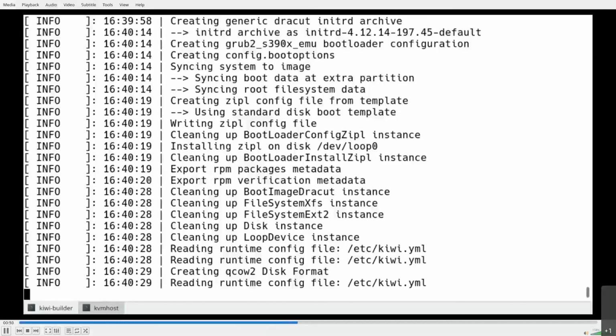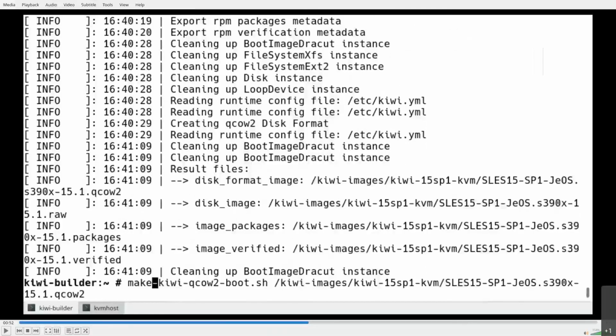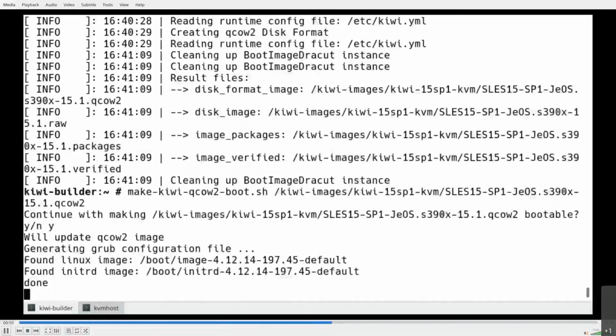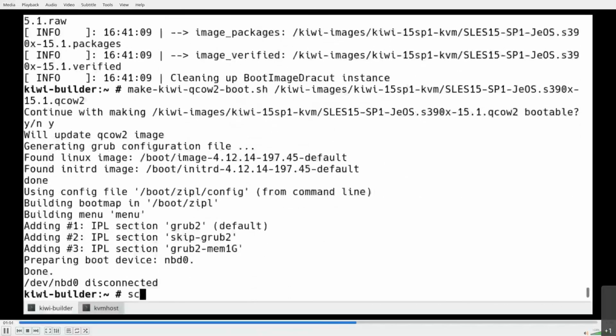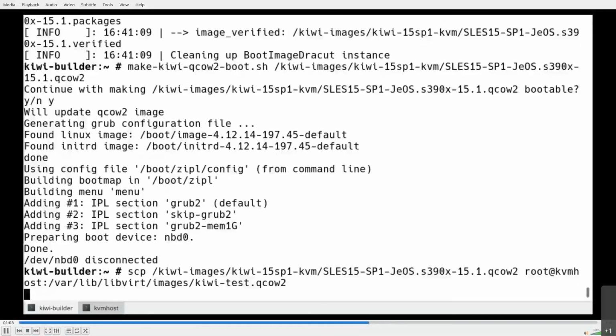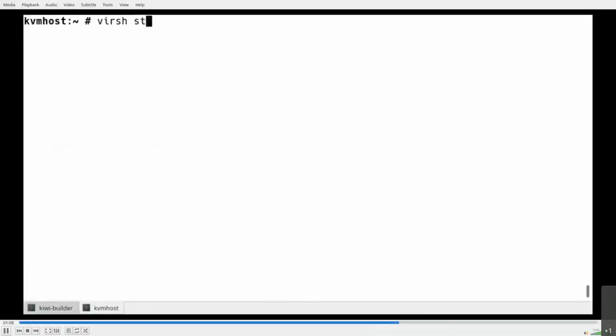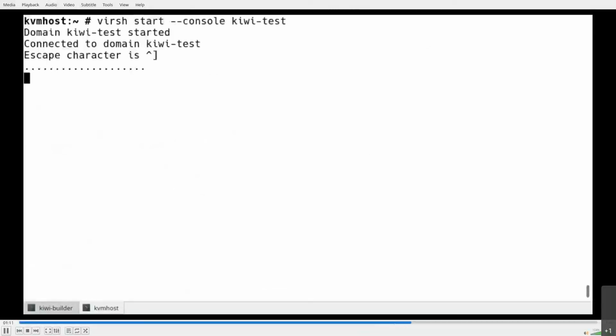And very quickly here, it'll finish up, and it's created the KVM disk image. In this case, it's a QCOW2 disk image, but there's also a raw disk image, so I can look at it both ways. There's a little script that I created that's part of my documentation that makes sure the image will boot properly. It rebuilds the initRD. There are some things that I need to work with the engineering on and the upstream community to make sure that this works properly. So I copied the image file over to the KVM host,